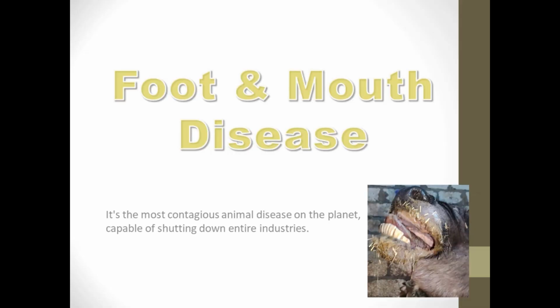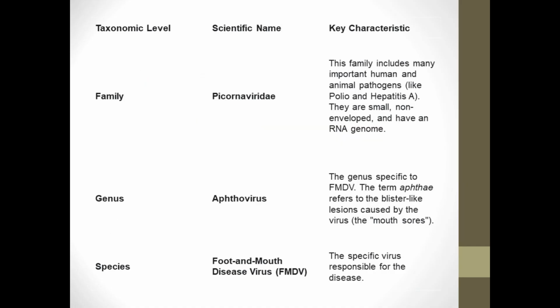I'm going to talk about FMD, which is one of the most dangerous diseases in cattle. It affects a wide range of animals, and it's specific to hooved cloven animals such as cattle, sheep, goat, and deer, in addition to pigs. It belongs to the Picornaviridae family, genus Aphthovirus,